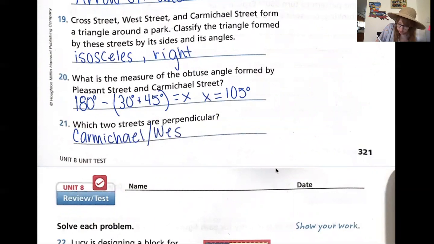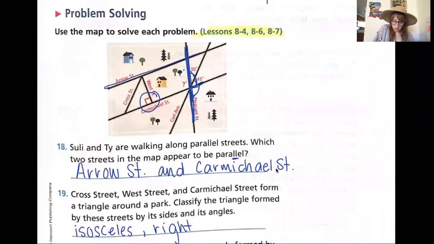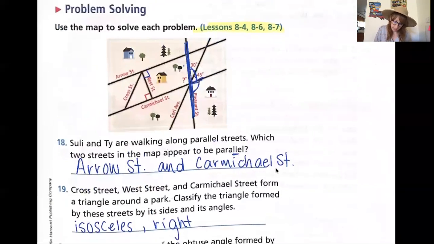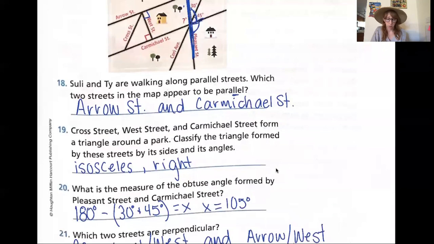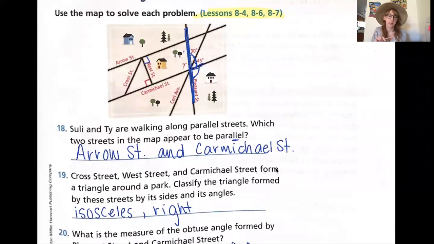And West. And we also have, since Arrow and Carmichael Street are parallel lines, West still creates a perpendicular line with Arrow. So this should be a right angle as well. So that's West and Arrow. So just keeping that in mind, that we have one that they tell us right away with West and Carmichael,